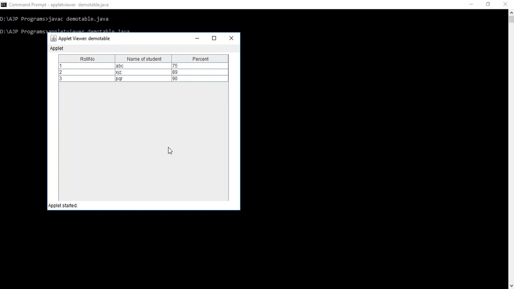So this is the program which will be used to create a table in Java using the JTable class defined in the javax.swing package.